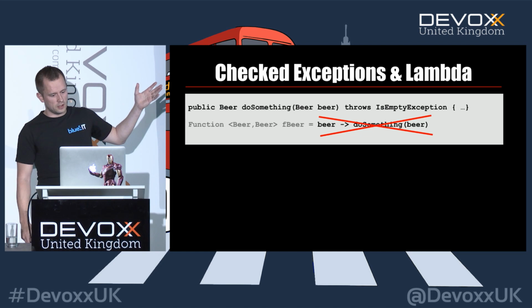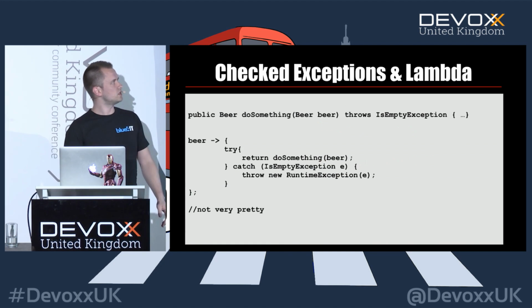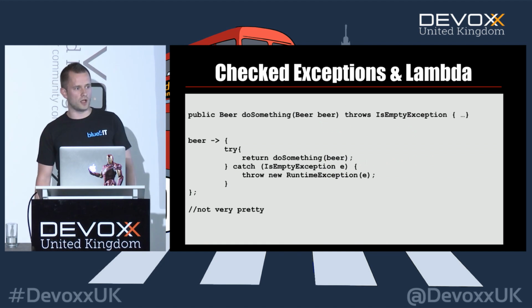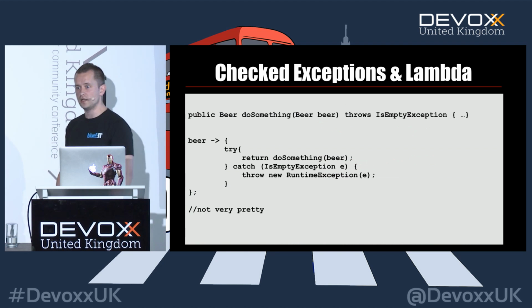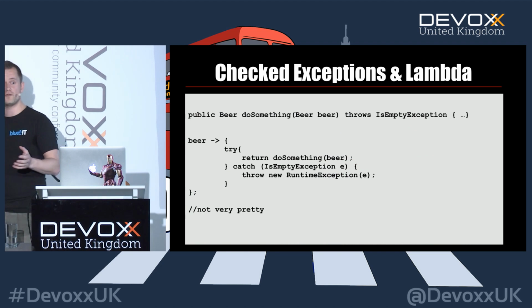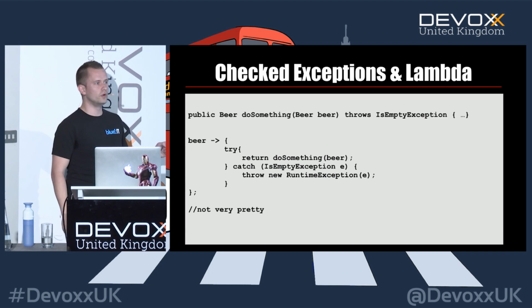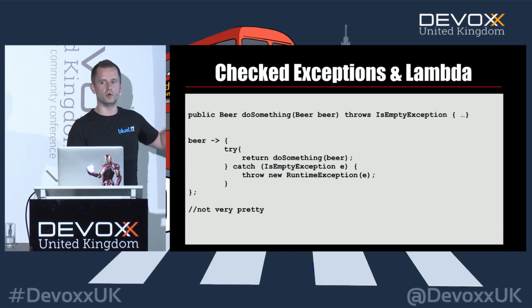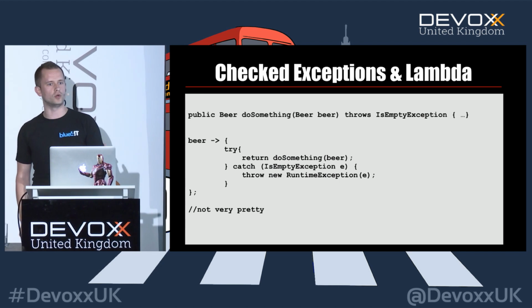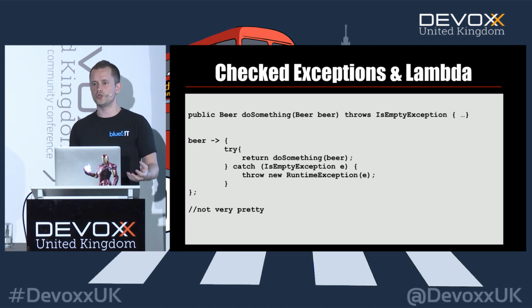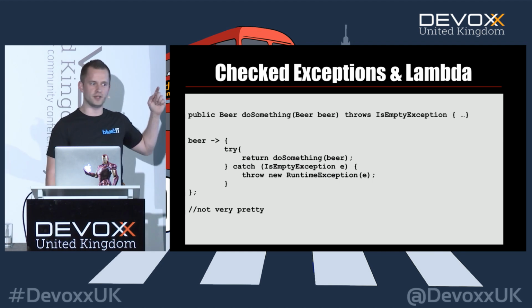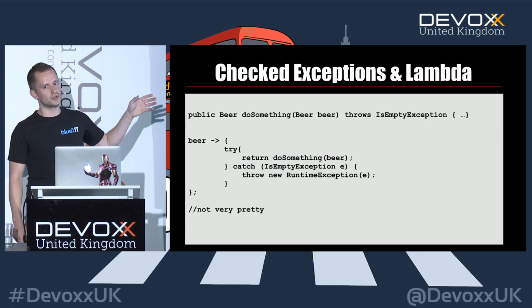How people tend to solve this is writing again an ugly block Lambda, doing a try-catch in it, and yes, it compiles, and yes, it works perfectly. But is this readable? Who thinks this is readable? Is it readable, usable code? If you want to punish your coworkers, yeah, perhaps you can do it like this, but I don't think it's the correct way.